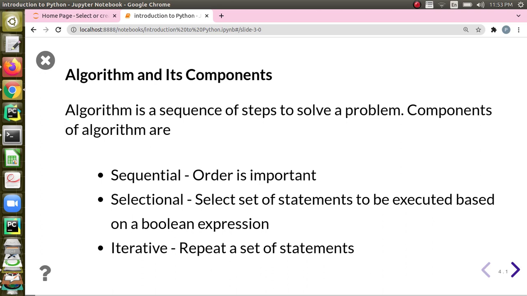So in that case, a selectional statement will come. If you get ready before 7:15, then you will go to the bus stop, get into the bus, and reach the college. Otherwise, you will take the two-wheeler and reach the college. So that is selectional and Boolean expression checking. For that, we need some kind of statements, which are also present in Python. And then there is iterative. We may have to repeat a set of statements in some cases.